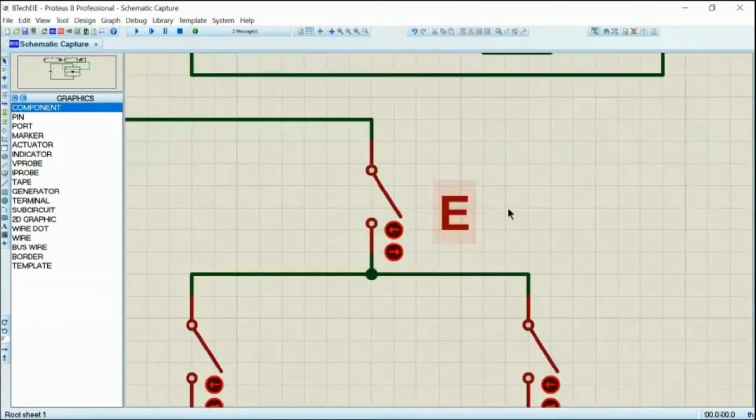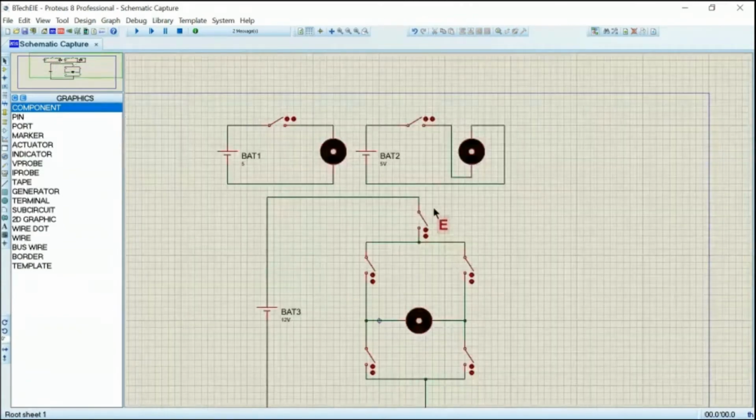Is this visible? Yes, sir, visible. Enabled. We will copy this.